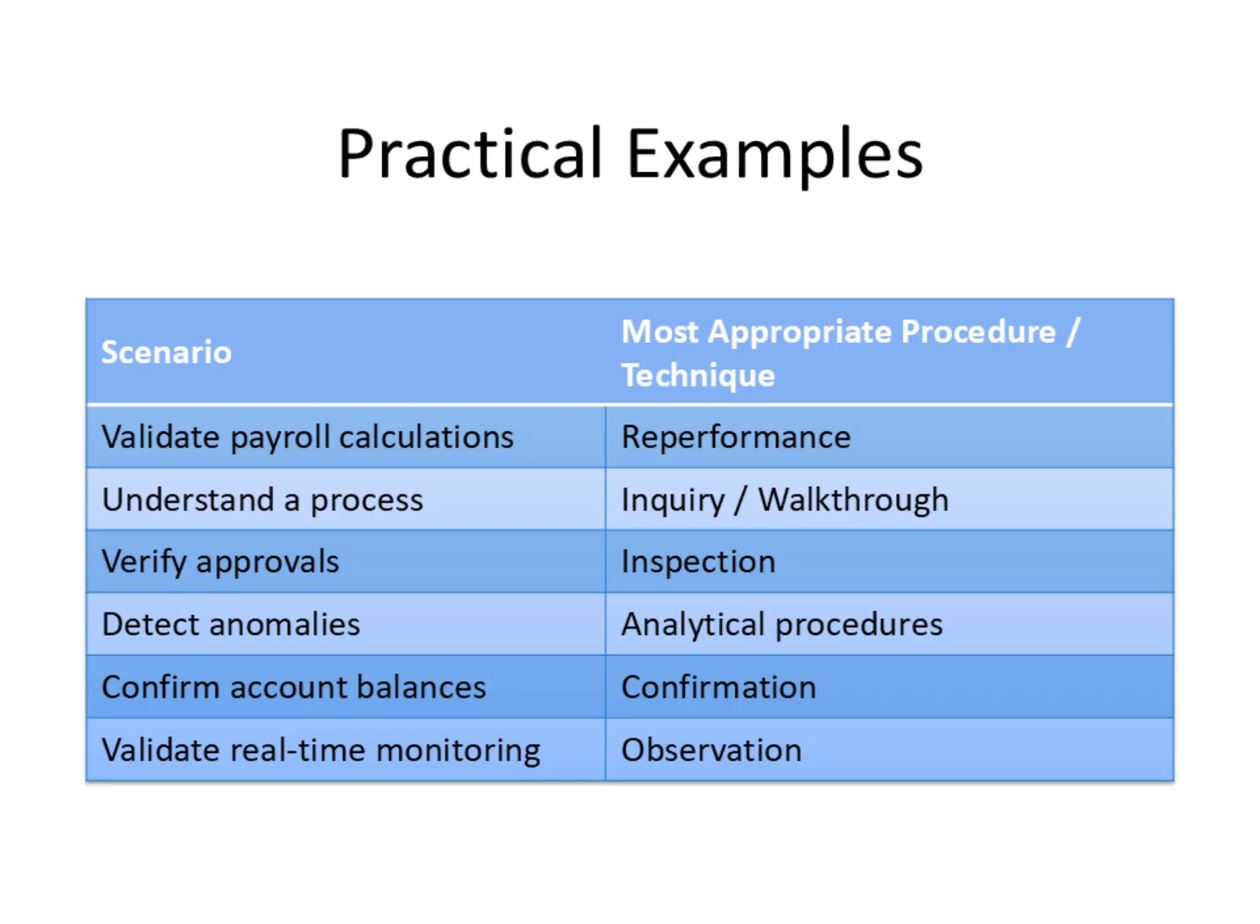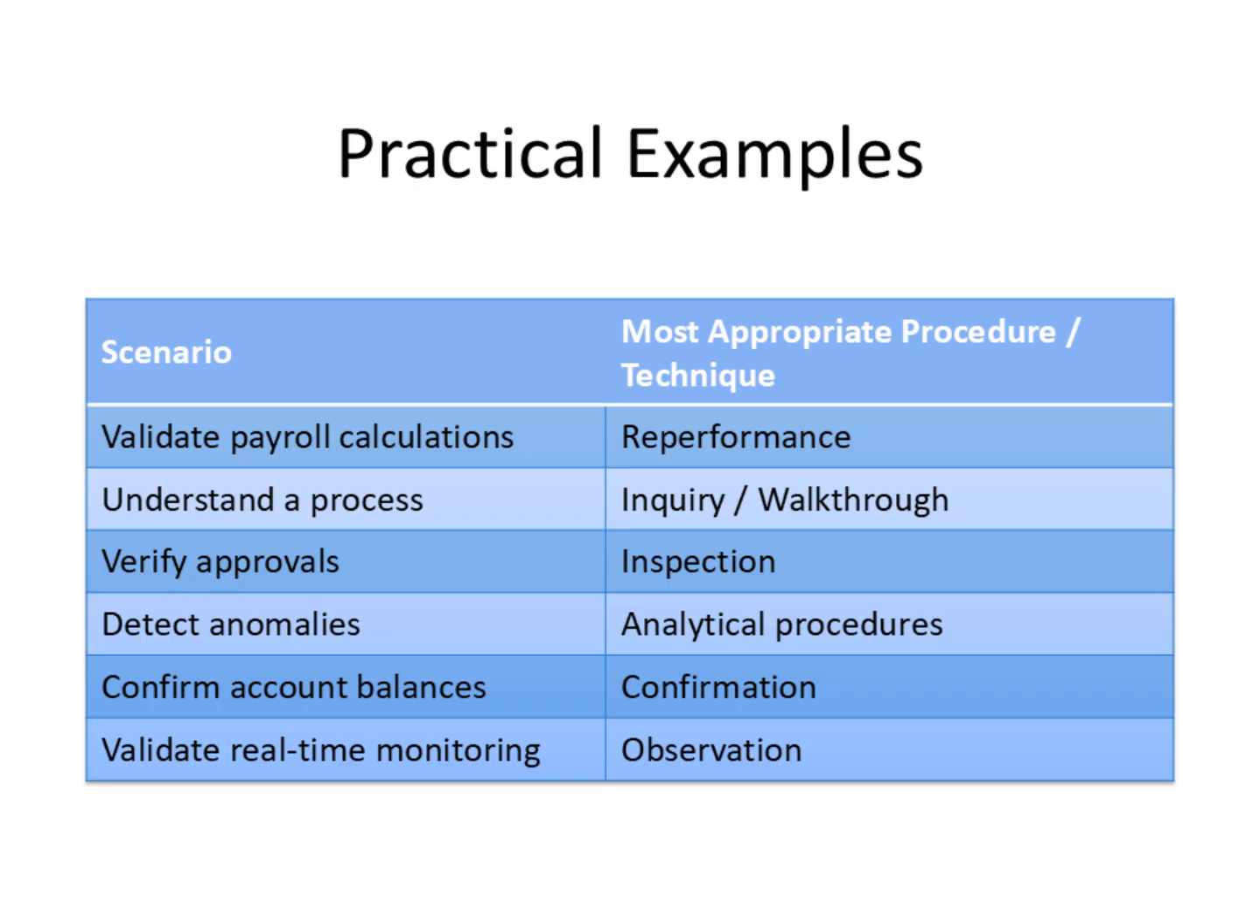This slide brings together common audit scenarios and the most appropriate audit procedures or techniques that auditors would typically use. If the objective is to validate payroll calculations, reperformance is usually the best approach because the auditor independently recalculates the results to verify accuracy. When trying to understand a business process, auditors commonly use inquiry and walkthroughs to trace activities and identify control points. To verify approvals or supporting documentation, inspection is often the most appropriate procedure because it involves reviewing records, logs,